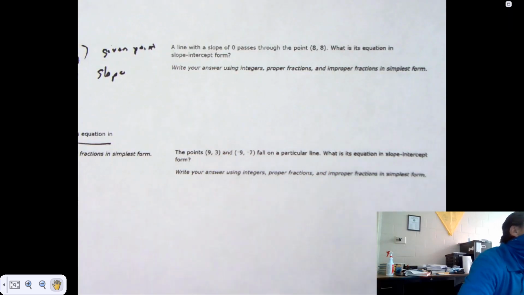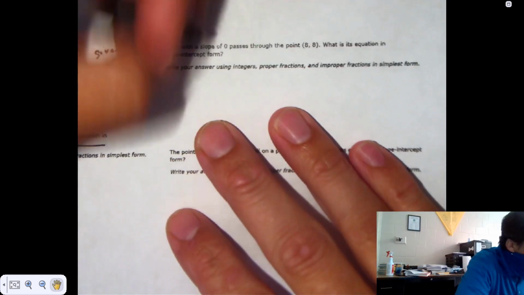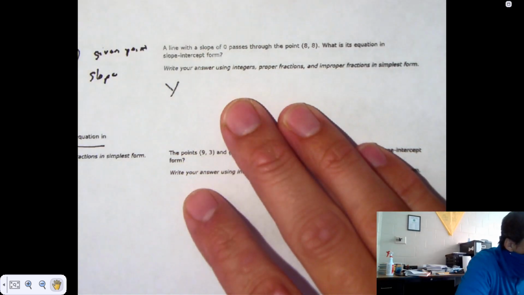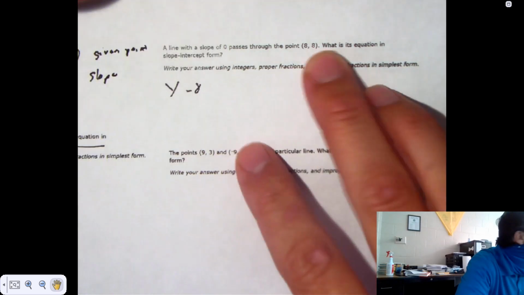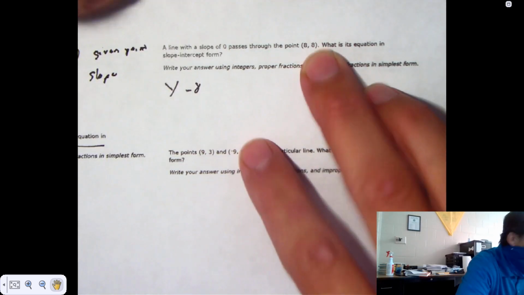Here we have one. It has a slope of 0. It passes through the point 8, 8. What is its equation in slope-intercept form? Now, you can use the same formula we just used. And then I'll talk about what you really should do on questions like these. But, you know, if you don't realize that, you don't realize that. So somebody give me the setup. Y minus what? 8. And you really can't screw that one up, can you? No. Equal to